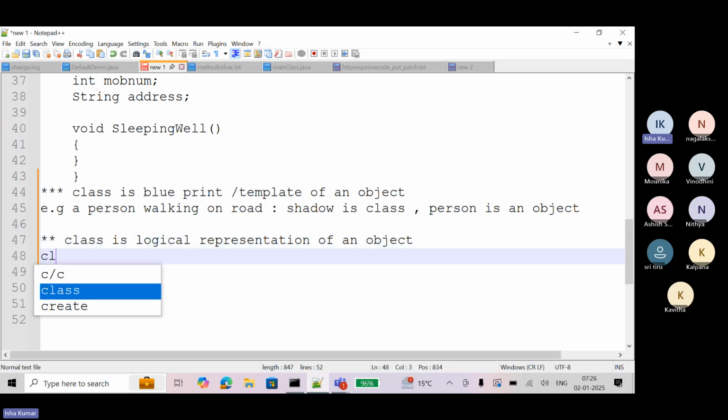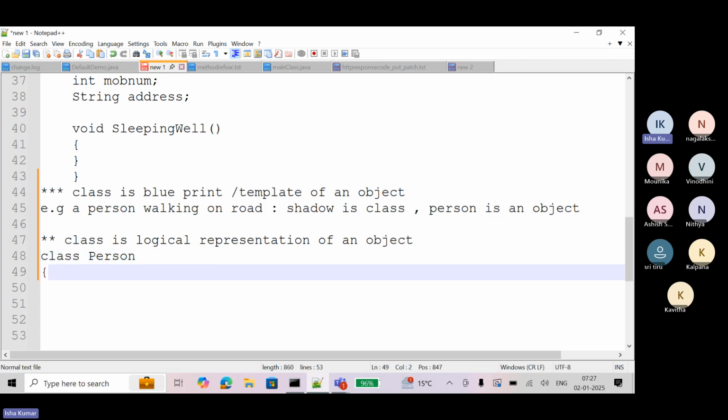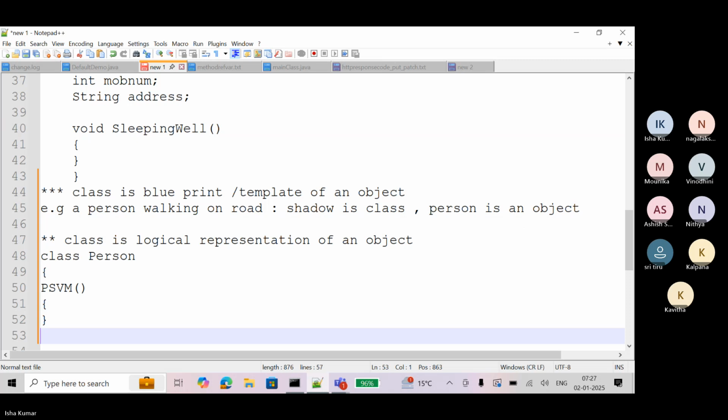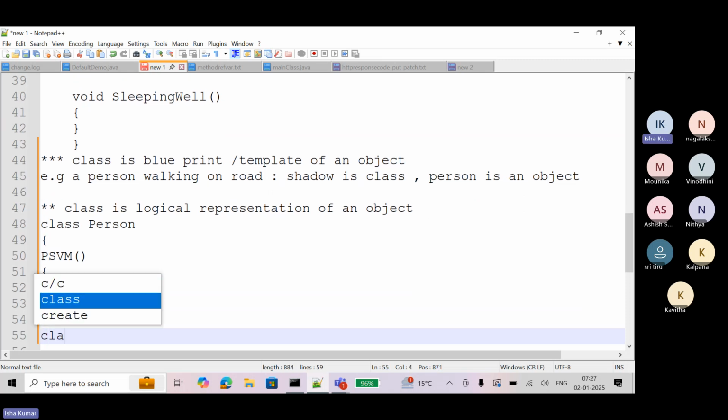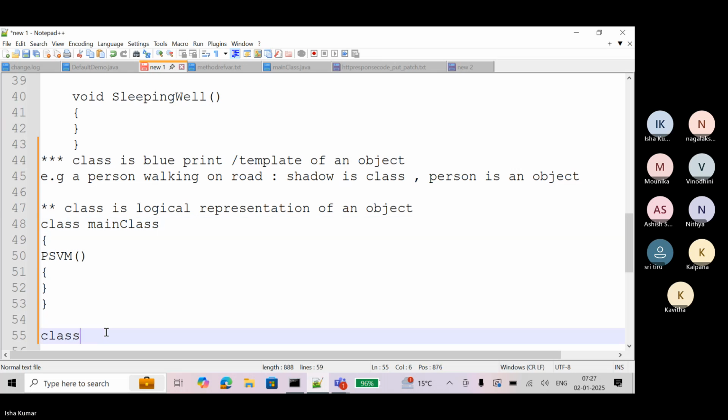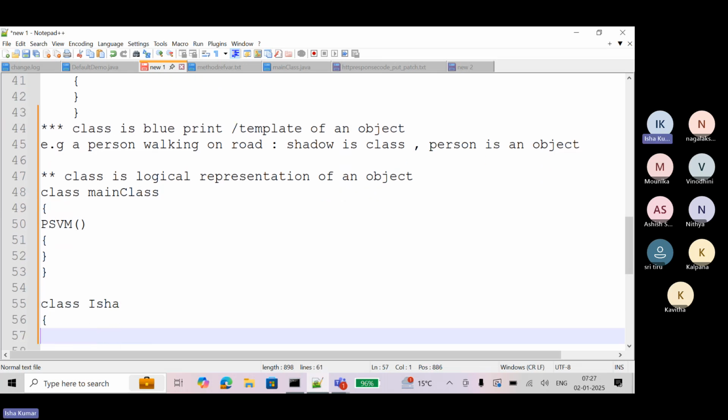Now in the program also, let's say you are writing a class, let's say I'm creating class Person. Here, let's say this is public static void main. This is my method. Well, this is one class and this is another class. Let's say you name this one the main class. And here I'm writing another class, any name, let's say class Isha. Now you see,